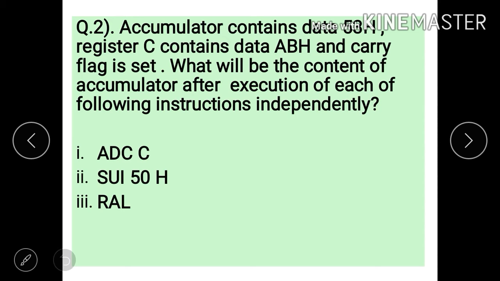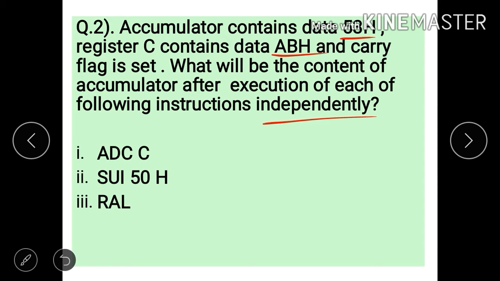So the content of the accumulator is 53H, the content of register C is ABH, the carry flag is set, meaning 1. In this example, we will not execute the instructions stepwise, we will execute all instructions independently.